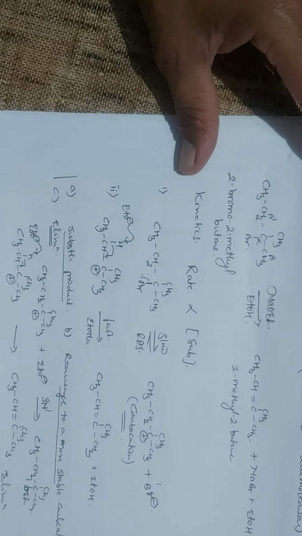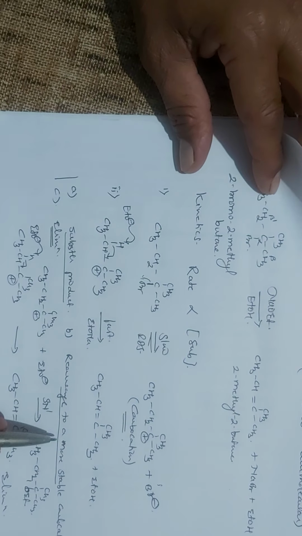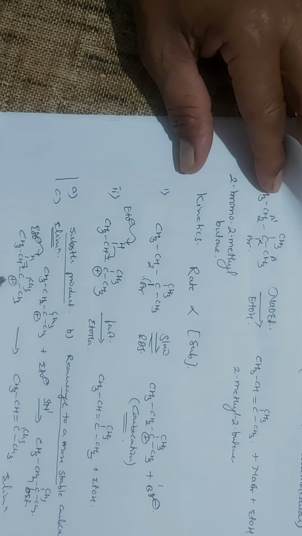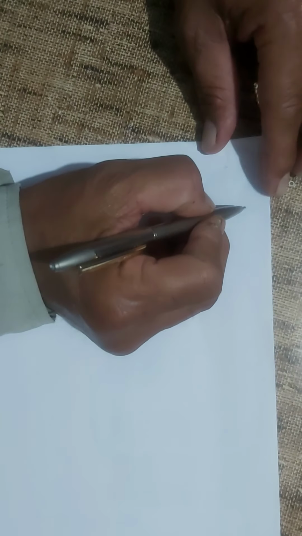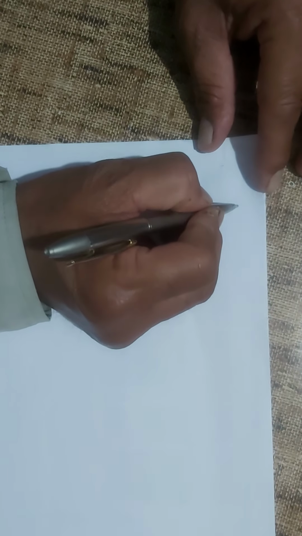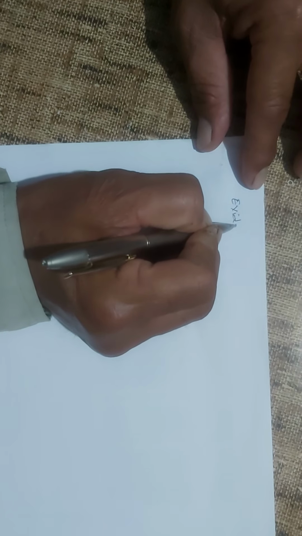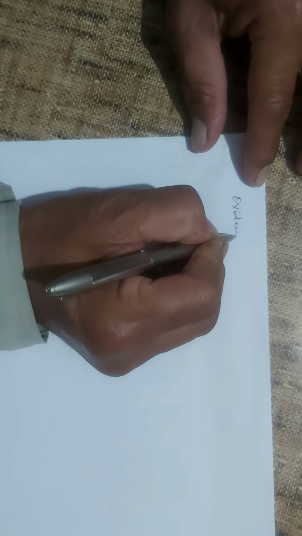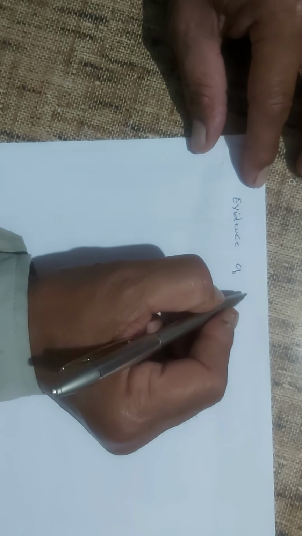So if the structure permits, you can get rearrangement, or the substitution product, or the elimination product. Which product is obtained depends upon the substrate molecule. Now when we say that the reaction proceeds by the SN1 mechanism only, what are the evidences that the reaction takes place by the SN1 mechanism only?